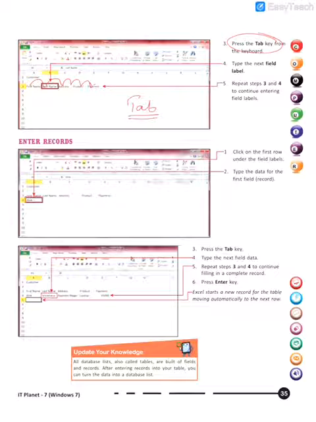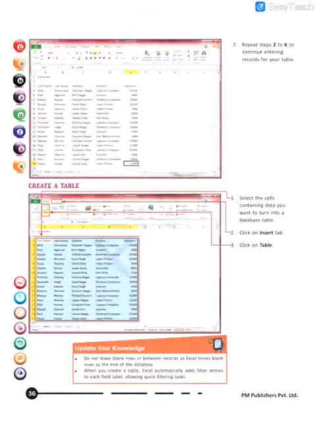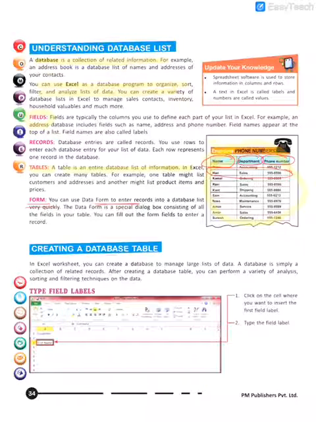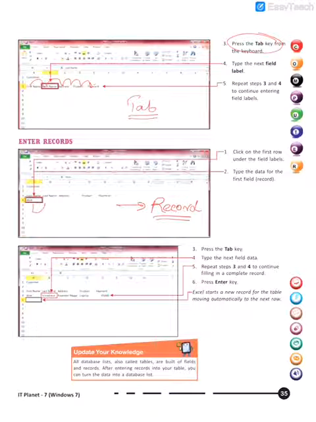After typing the names of the fields, as given below, you can write down the information like first name Alok, last name whatever. Again you can change the information from field to field using the tab key. Thereby you will get a complete record. We are filling a record. As I told you, what is a record? If we go back to the previous page, a record is an entire information. So after filling up the fields one by one, we can even fill up the record. What are we creating? We are creating a database table.